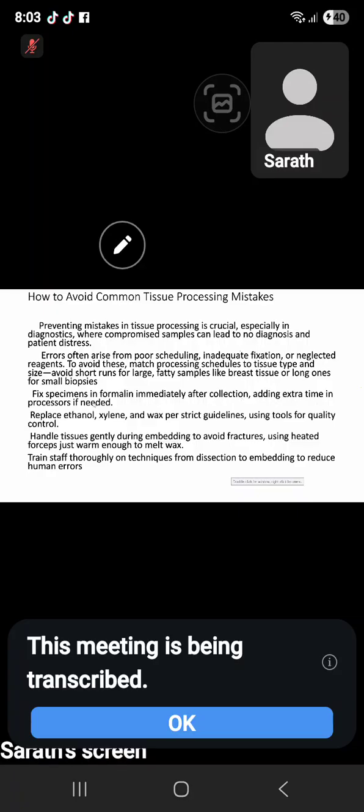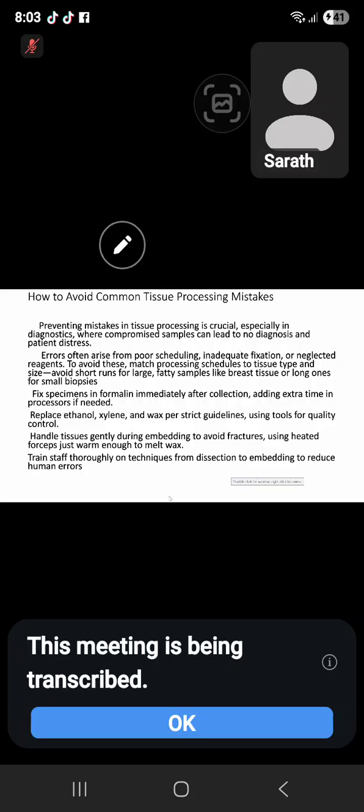Some people put the specimen in formalin first, in a container filled with formalin. Replace ethanol, xylene, and wax per strict guidelines, using tools for quality control. And you have to do the quality control. This is one of the quality control methods. What is that? Replace the ethanol, xylene, and wax according to your guidelines, right? Don't leave it for a longer time. Don't leave it for 2 weeks, 3 weeks. When the guidelines say change after 1 week, you have to